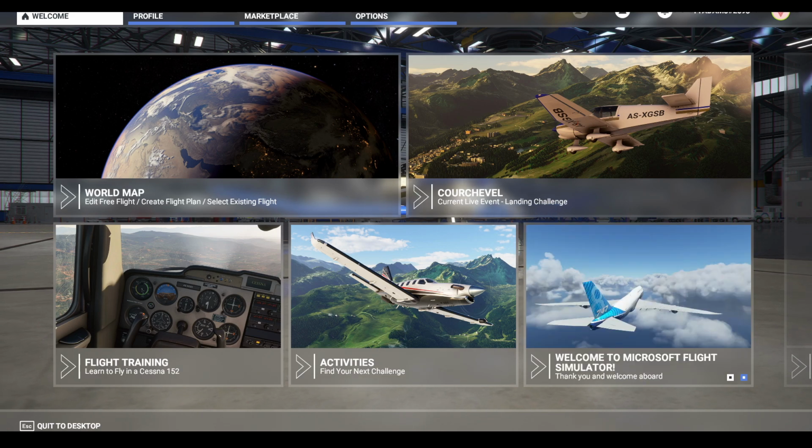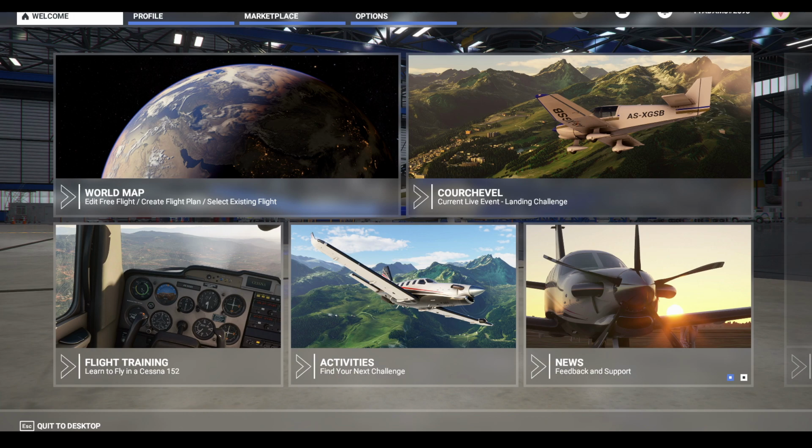So unless it does become possible, then this is not exactly a tailored, customizable sim. This is not like you can have it your way. It's either Asobo's way or the highway, guys. That's really what it is. Anyway,